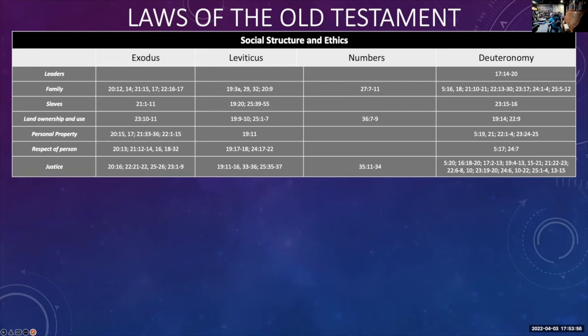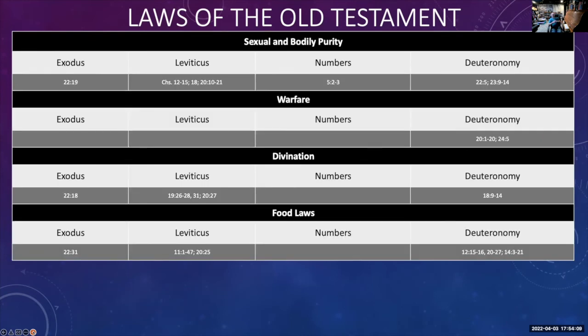So if you want to learn about the paradigms of leaders, go to this passage in Deuteronomy, or family. Here's some passages, or slaves, land ownership and use, personal property, respect of persons, and justice, as well as laws on sexual and bodily purity, warfare, divination, food laws. You can go to these passages and find more information about how God required Israel to live with regard to